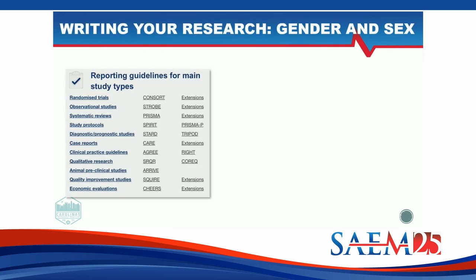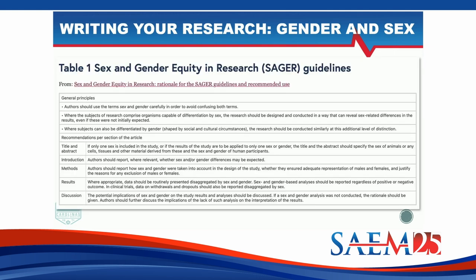Next, we'll talk a little bit about gender and sex. So I know anybody that has done research or written research, we know at least some of these guidelines. Every single journal that you submit to says, say that you conform to STROBE guideline, CONSORT guideline. But there's actually another guideline that is just as well researched and just as well backed, but we don't know it. And I honestly didn't know it before I did this talk.